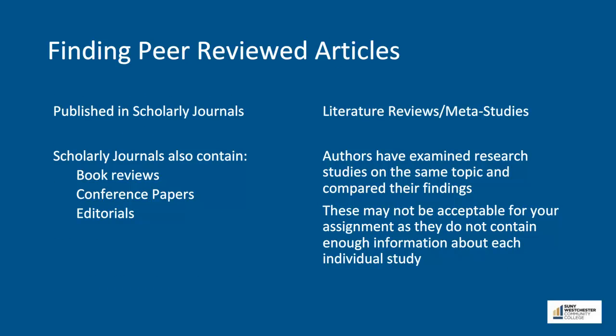Peer-reviewed articles can be found in scholarly journals, but not all articles in scholarly journals are peer-reviewed. Scholarly journals may also include book reviews, conference papers, and other sources. In addition, some peer-reviewed articles are literature reviews or meta-studies, meaning the author or authors have read original research articles on a particular topic and summarize the findings of those studies. Depending on your assignment, this type of review article may not be acceptable, as there is limited information about each